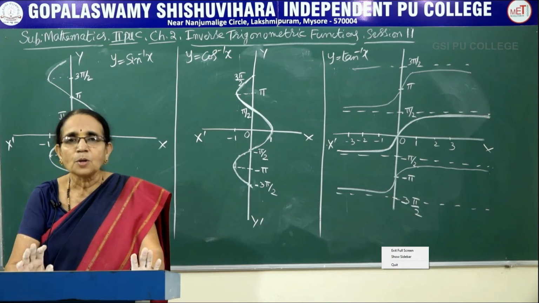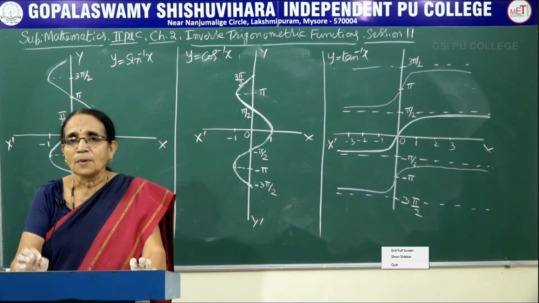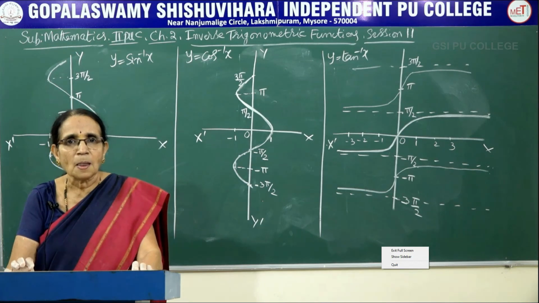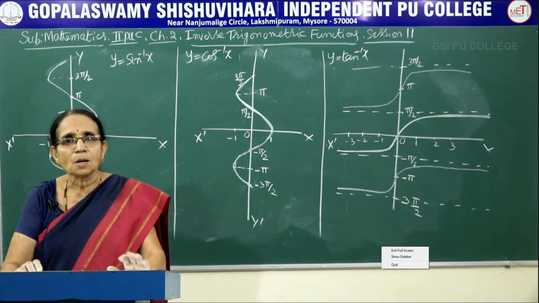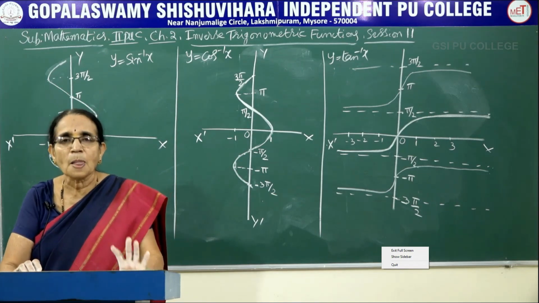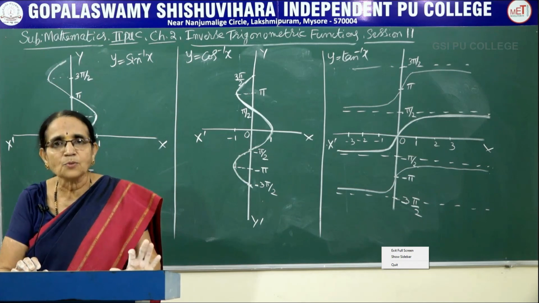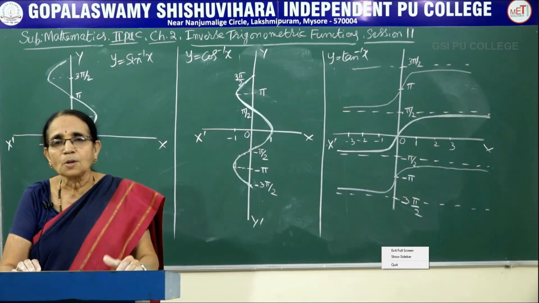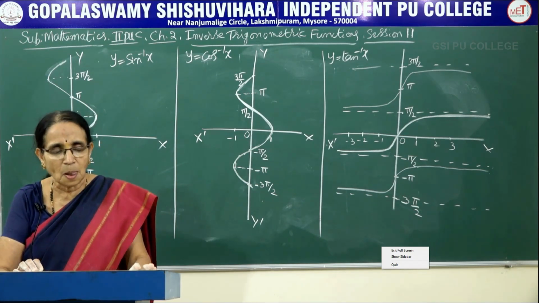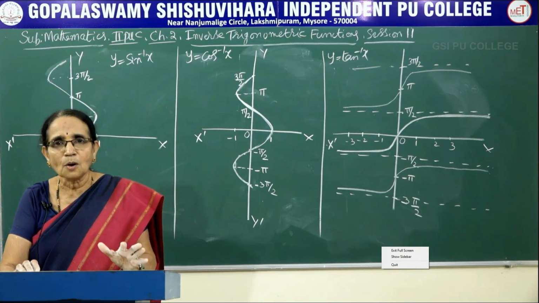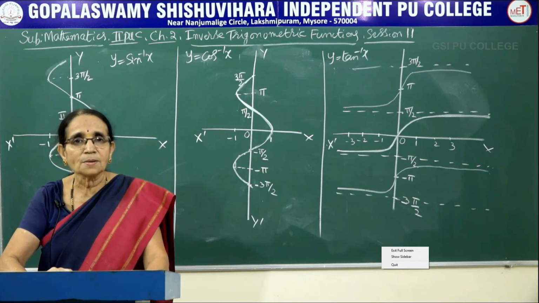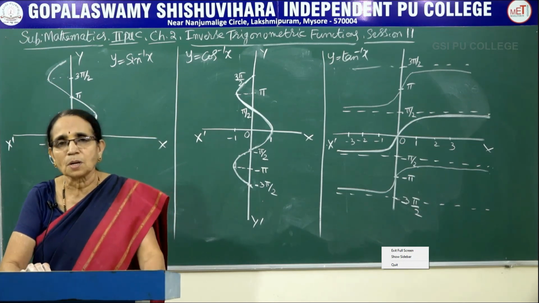Using all of them, we know how to find the principal value when x is negative or positive, and using the other properties, how to simplify a given function, how to prove a certain result, or how to express it in the simplest form. Finally, how to find the value of the unknown quantity, in other words, the solution of the inverse trigonometric function. So using all the different properties, we have worked out different types of problems. So this completes the second chapter, which is inverse trigonometric functions.